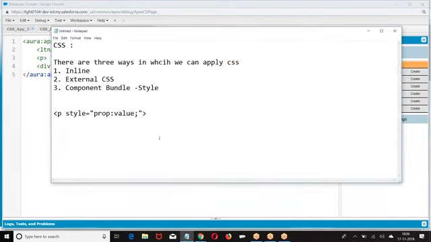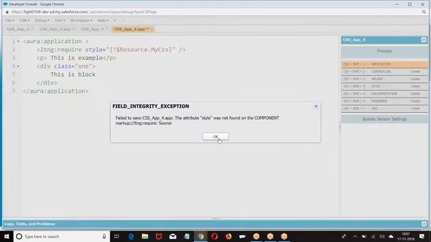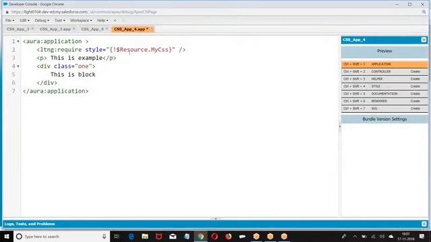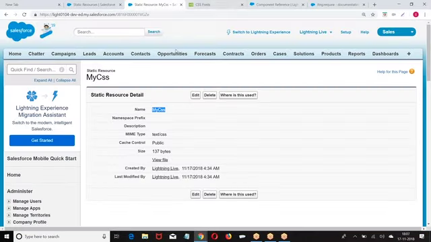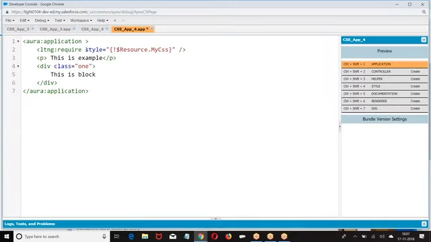What is the style I give? One. I gave one, right? Attribute style is not found. Why is attribute style not found? It should be styles. So go for the component styles.